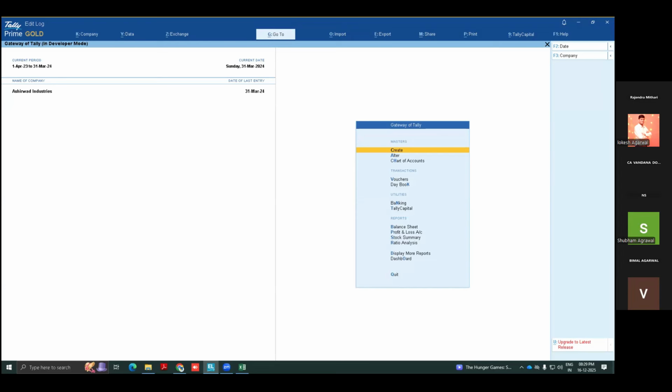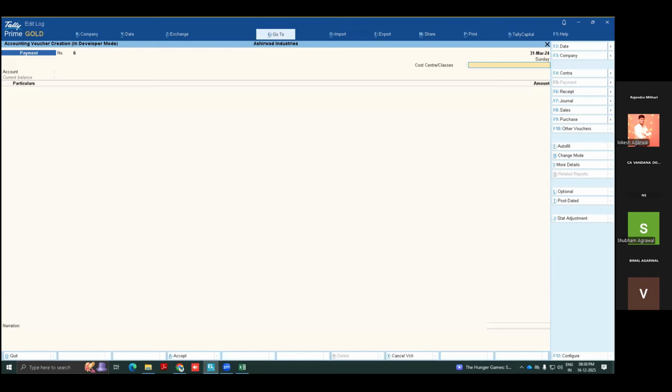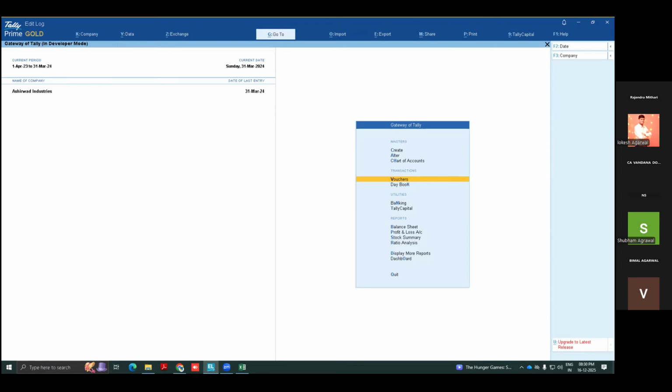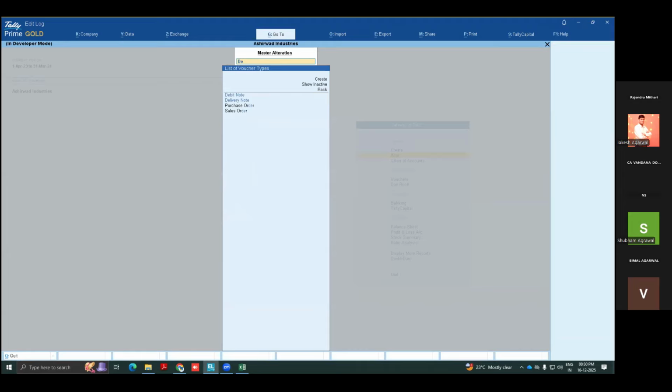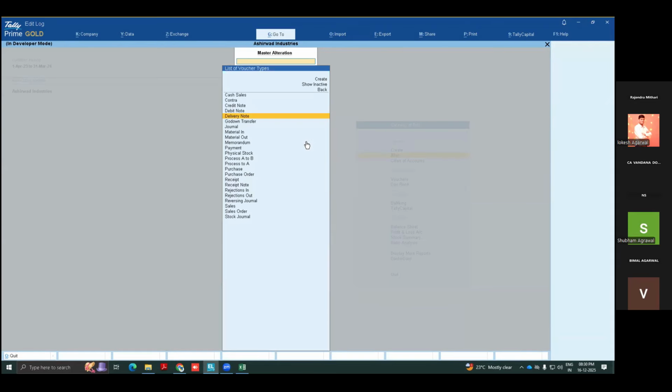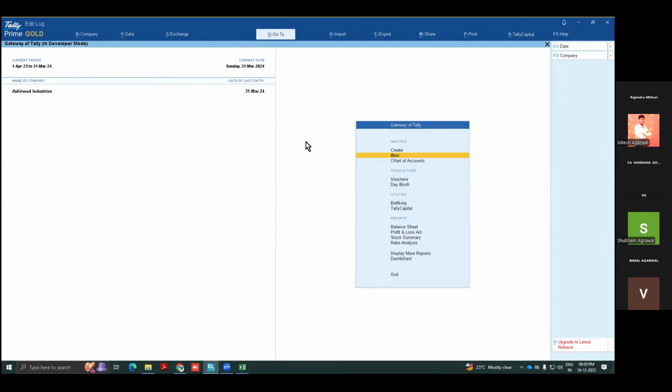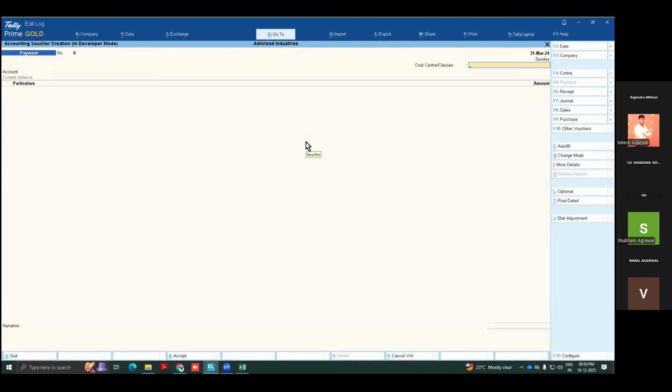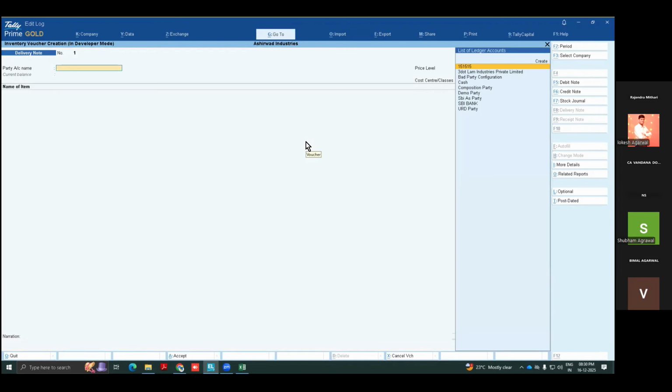Let's take one example, I want to pass one delivery entry, a delivery note entry, and I have to sell that material. Okay, so let's take one example, I am altering a voucher type, delivery note, and going slightly fast, because this voucher type is inactive, I have to press yes. Now it is activated. The same way you can do it for the receipt note, that is a normal part. Inside the voucher, press alter F8. F8 is the sale, alter F8 is the delivery note, control F8 is the sale order.